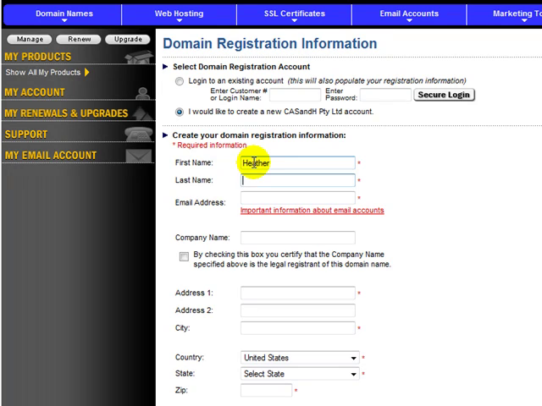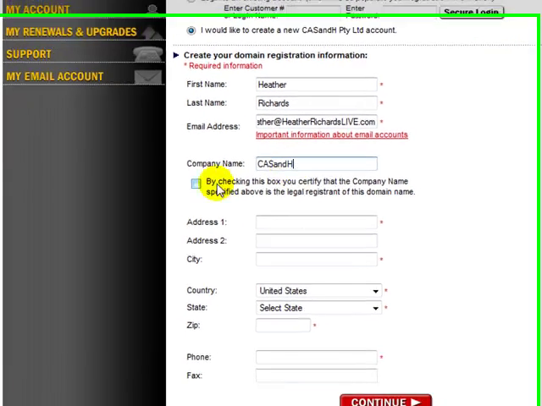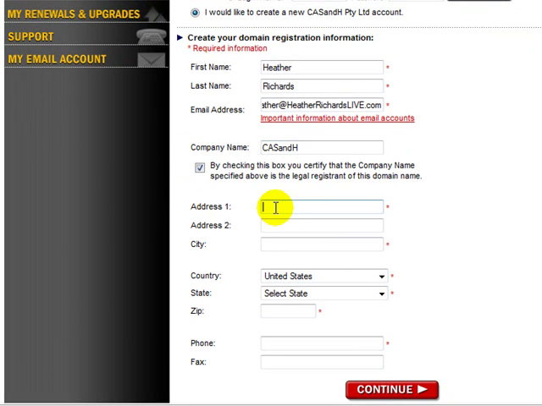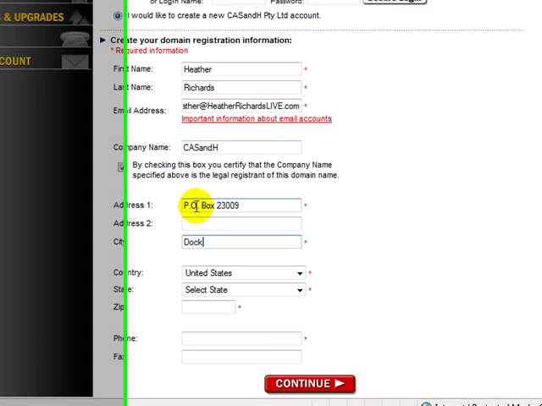So we'll key in a name there, and Richards, and you can do this as well, capitalize the live bit, which makes it stand out a little bit more. And if you've got a company there, you can add your company and check that box to make sure that you are the legal owner of that company. Put in your address and go down,